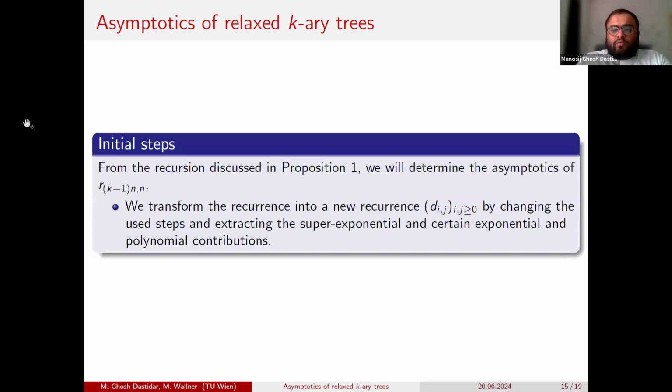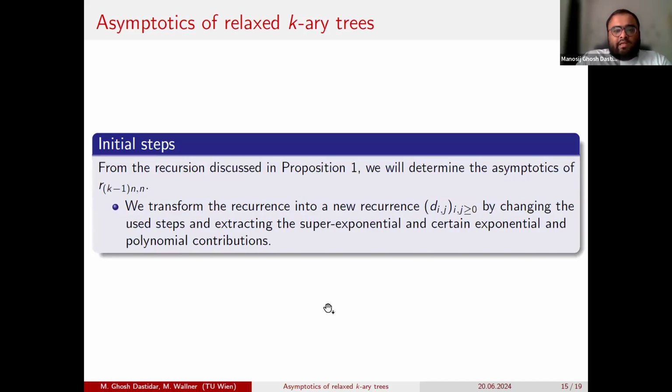Anyway, now moving on to the asymptotics. We go back to the recursion that we discussed for the relaxed k-ary trees. Now our objective is to transform that recurrence into a new recurrence by changing the U step and extracting the super exponential and certain exponential and polynomial terms.